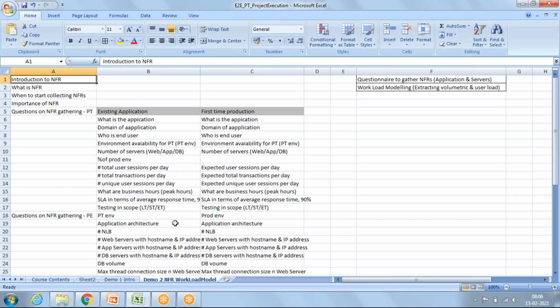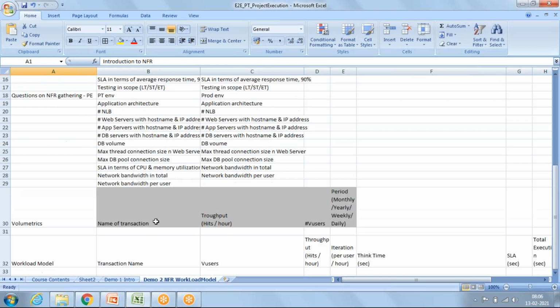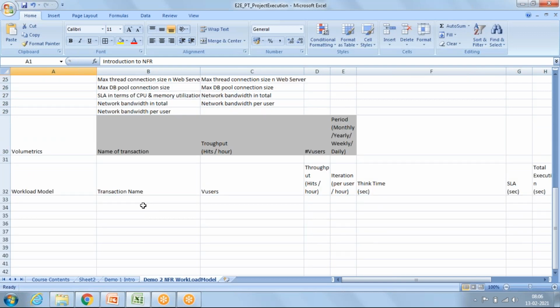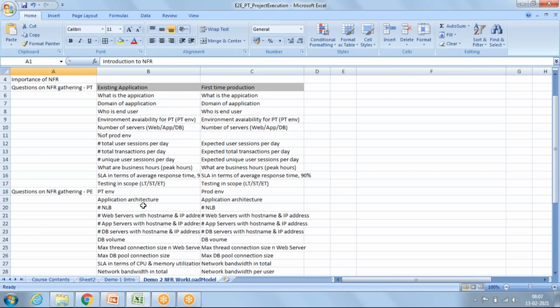We'll be covering NFR gathering from the point of view of an existing application, and for an application that is going to production for the first time. And also we'll see how we will design volumetrics and how we will design workload modeling.